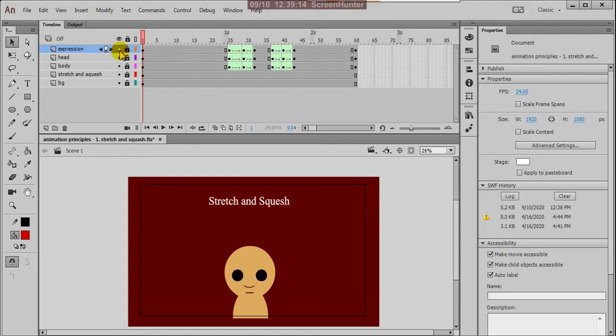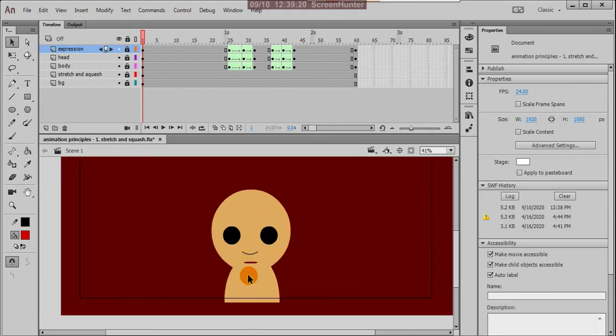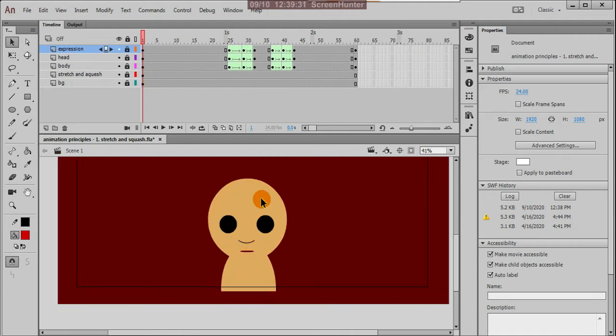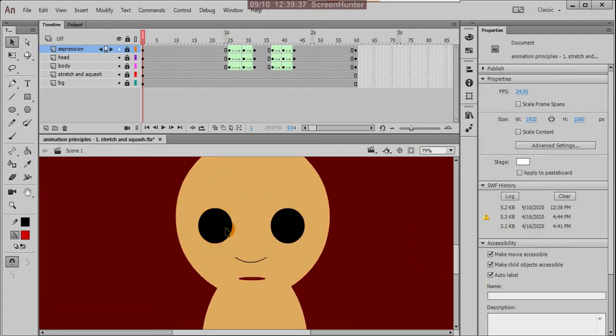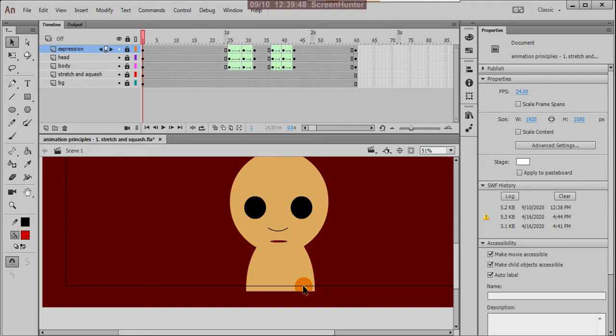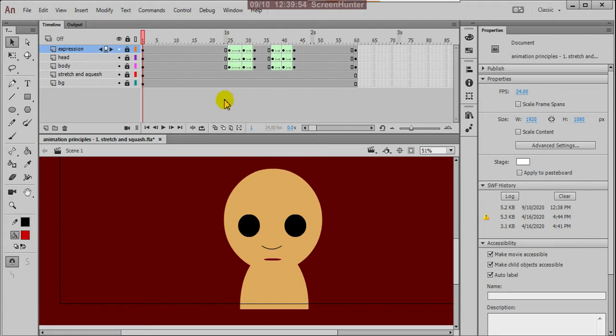So these are expressions. First, what you have to do, you have to create your character. It might be cartoon character or semi-cartoon or realistic, whatever the character you have to create. Suppose here this is my character. So one rounded head, nicely I place one round, and again here one round. The same I copied and pasted here, like nose. So I designed this nose and the mouth also, and this is the body, because we are planning for an animation.